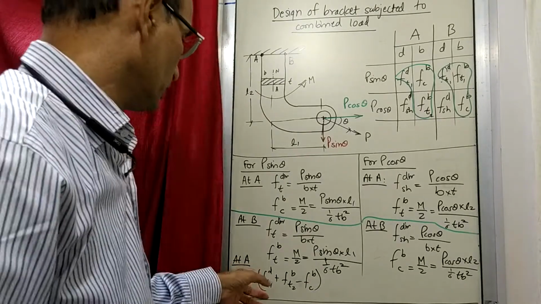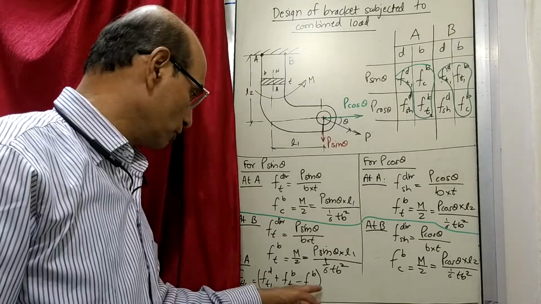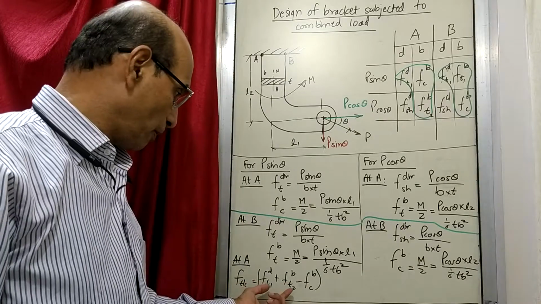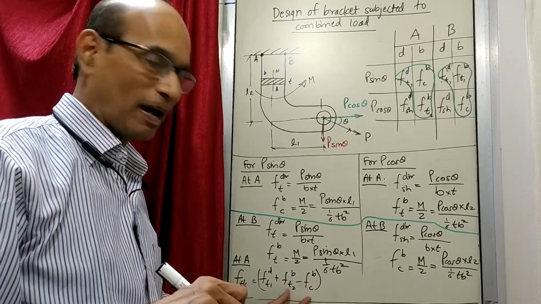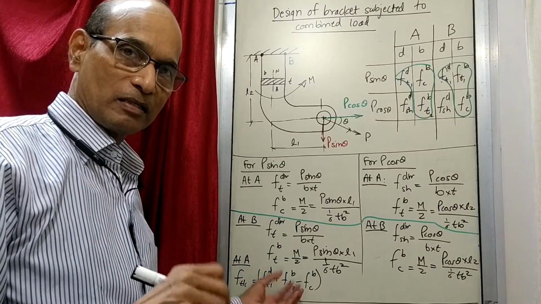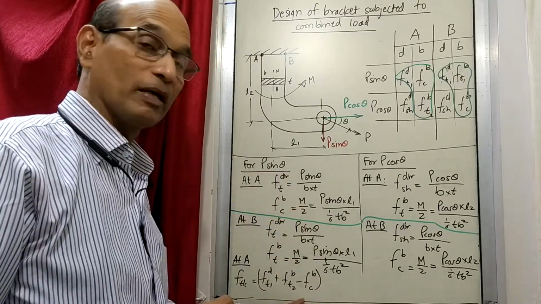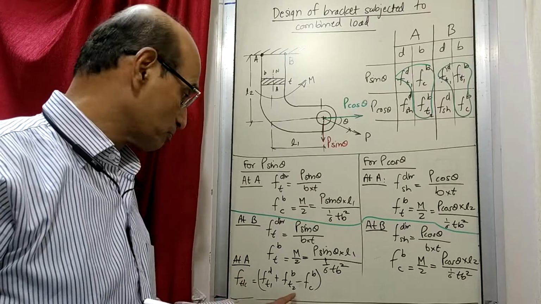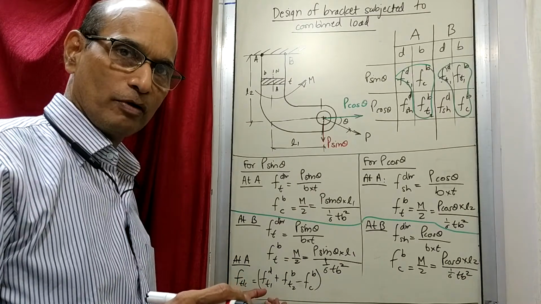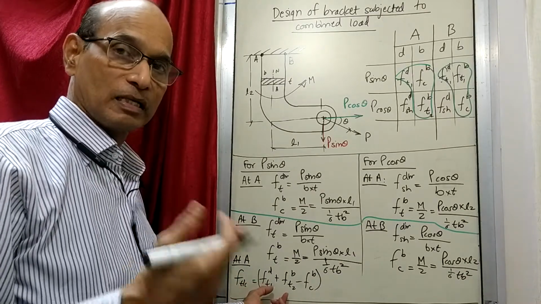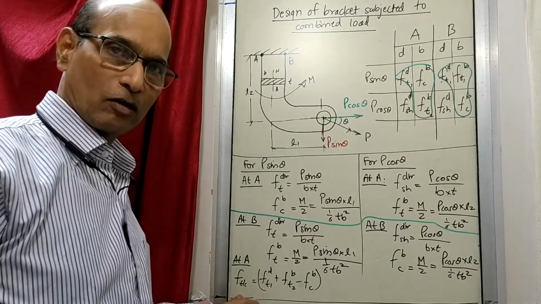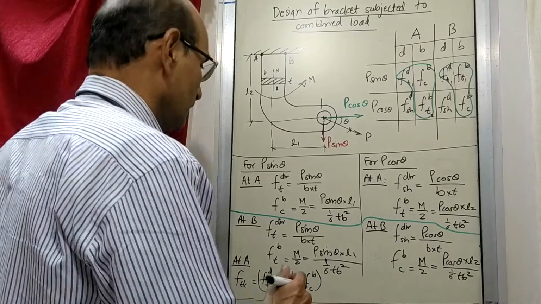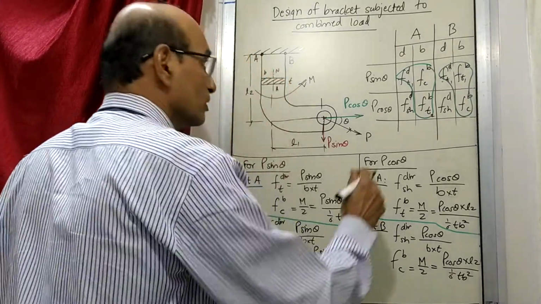Okay, so when you have numerical values, when you find it out, depending on the actual values, the net answer will be either plus or minus. If it is minus, you say that whatever numerical value has come, that is a compressive stress. If it comes plus, then the stress is tensile type, depending on the numerical value. So that is the tensile or compressive stress. And the second thing is, what else is acting?